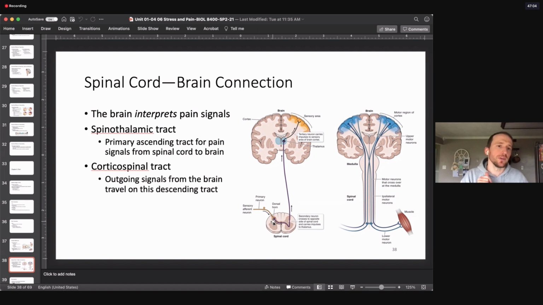So if I slam my middle finger in a door, that pain signal will travel up to my spinal cord at the C7 level. Once it gets into the spinal cord, those peripheral nerves actually trifurcate, which means they not only send a message to the C7 level, they also send one to C6 and C8. The reason they do that is redundancy, right? Pain is probably something that is concerning. By having it trifurcate, it ensures that even if something goes wrong at the C7 level, there's a chance that one of the other two redundancies will evoke a response, whether that's a reflex arc or sending